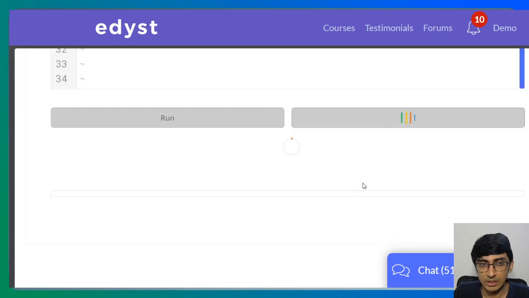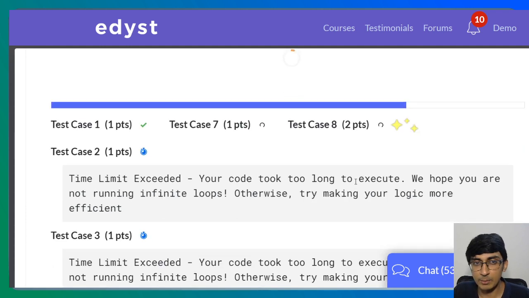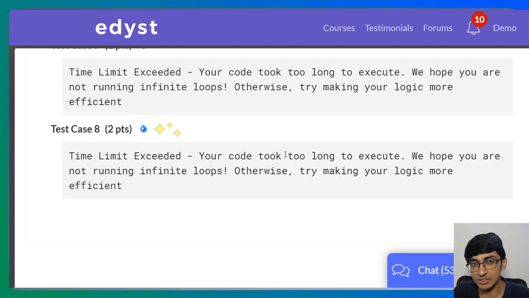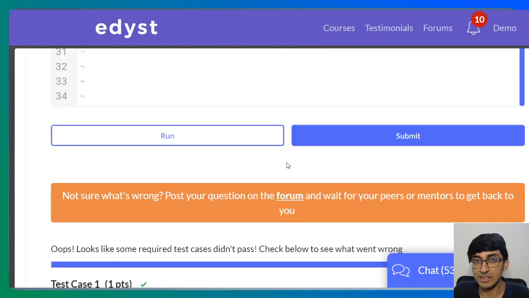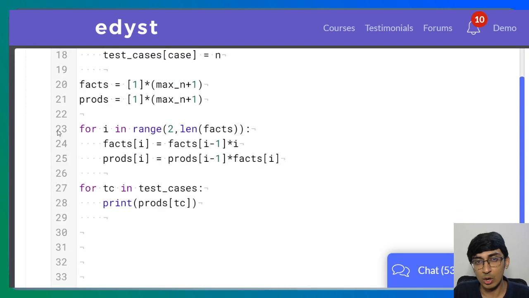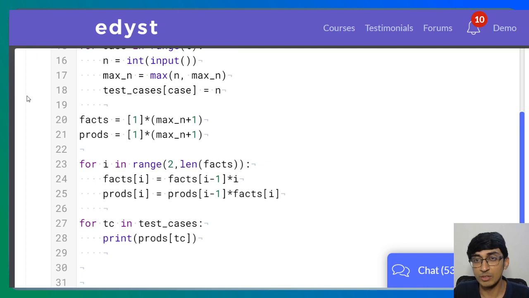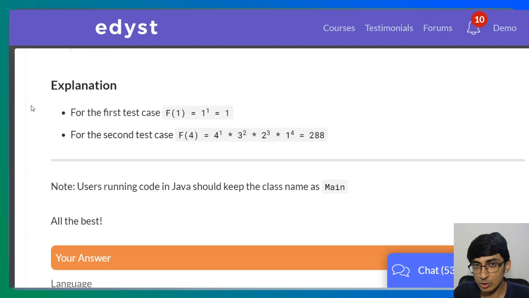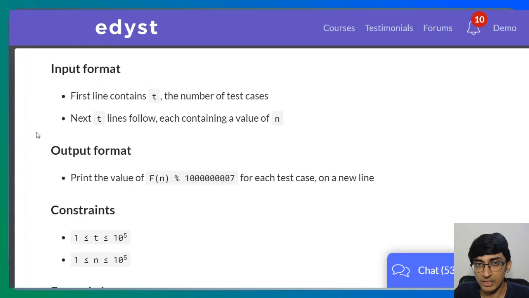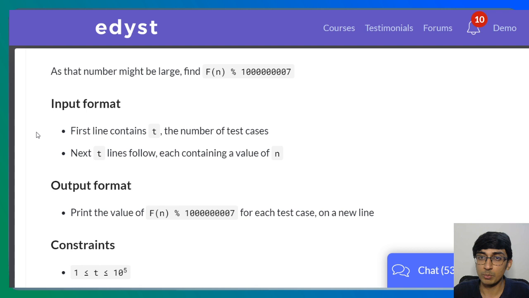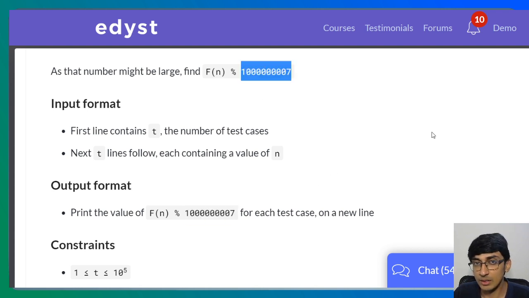Let's submit and check. We'll most probably end up getting wrong answers, maybe a time limit exceeded. Yeah, okay. So we're still getting a time limit exceeded. You might be wondering why exactly we are getting a time limit exceeded, even though we did all of these amazing modifications and a dynamic programming approach. See, the reason you might still be getting it is you're multiplying very big numbers, right? So when you start multiplying big numbers, Python itself is going to use its libraries to multiply the big numbers. To specifically counteract the big numbers, we have been given this really big number in which you have to take modulo.